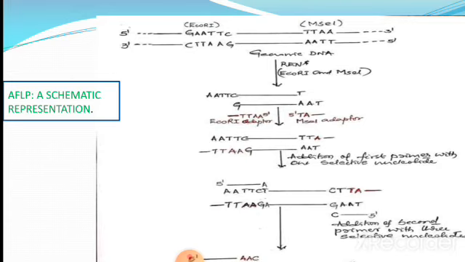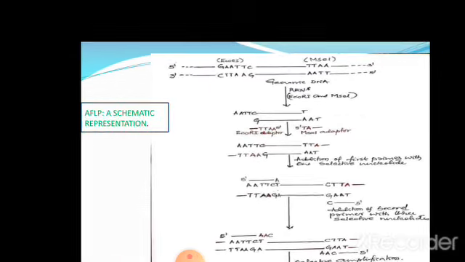This is the next step, right? Addition of first primers with one selective nucleotide. Once you get the PCR product, then addition of second primers with 2 to 3 nucleotides, okay? Then